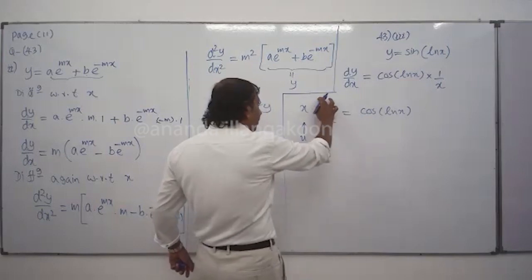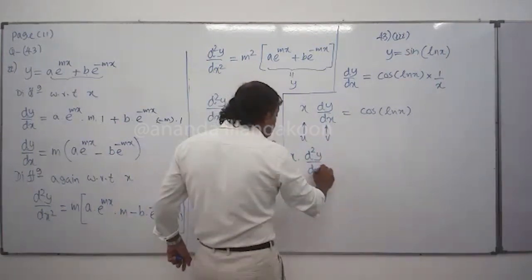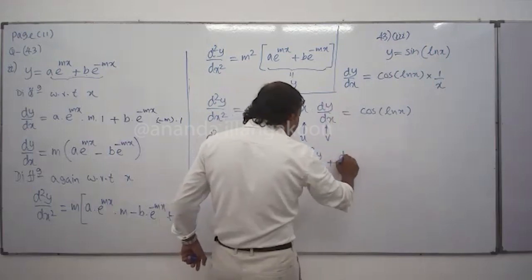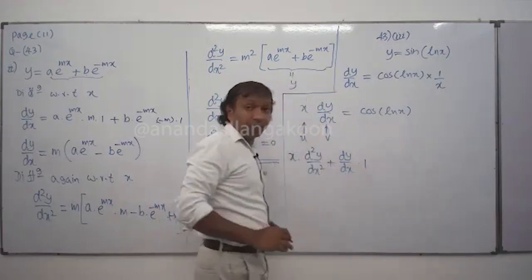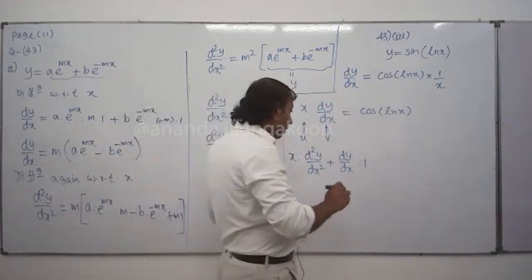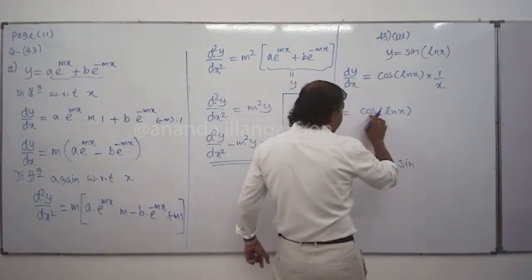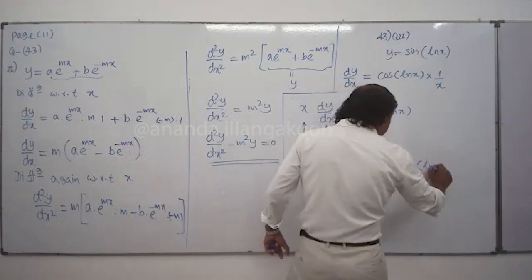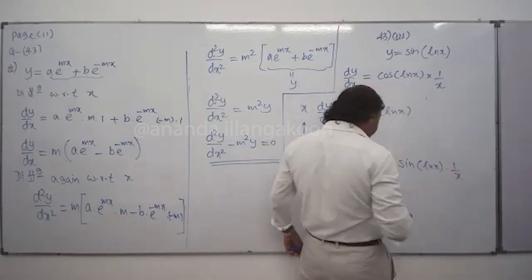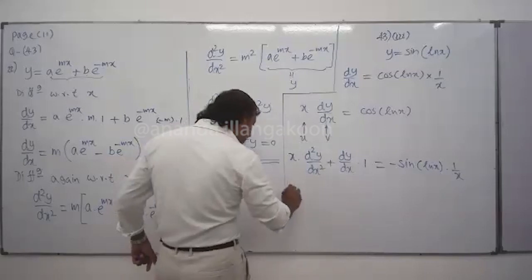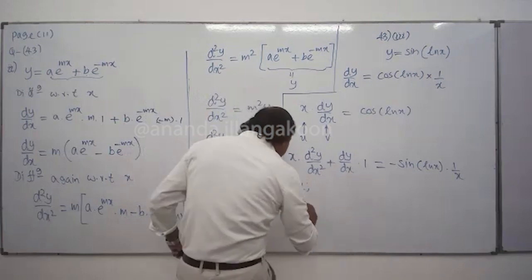x. Now differentiate this. When you differentiate this, we get the second derivative d2y over dx2, plus keep this dy by dx as the same. Derivative of this x is 1. You know, people, the derivative of x with respect to x is 1. Then come to the right hand side. First is cos, minus sine. Derivative of cos is minus sine ln x, and now that should be multiplied by the derivative of ln x. It is 1 upon x. Now again, multiply this by x. When you multiply both sides by x, this x and the multiplied x is x squared